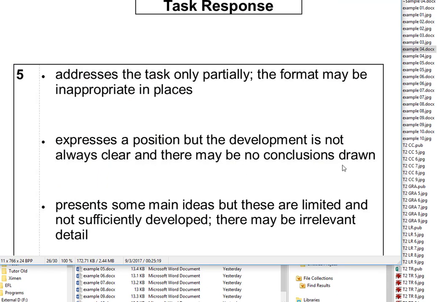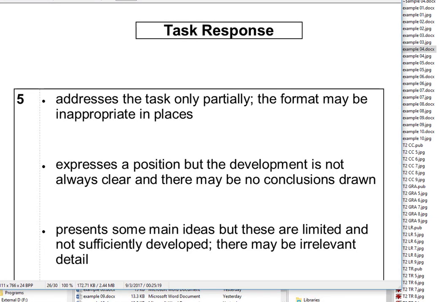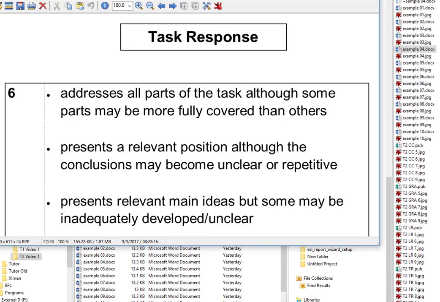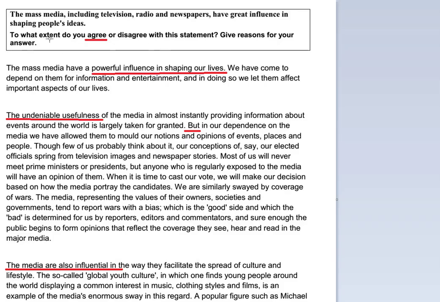Development is not always clear. There are many conclusions drawn. Well, there is a conclusion drawn, but is it in the right place? This is the task response. I see, Band 6 score. Addresses all parts of the task. Well, the task really just wants you to do one thing: to what extent you agree or disagree, give reasons for your answers. That is done, but